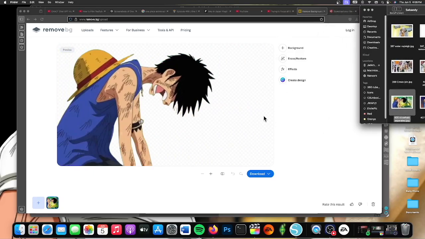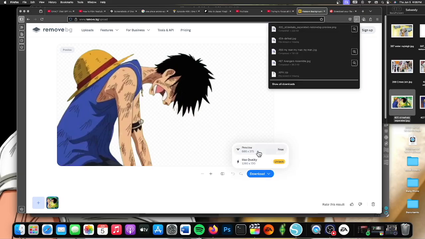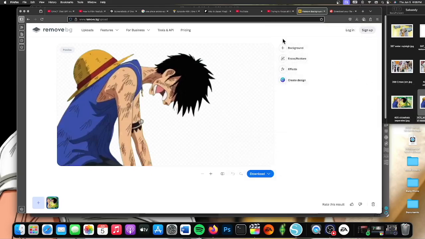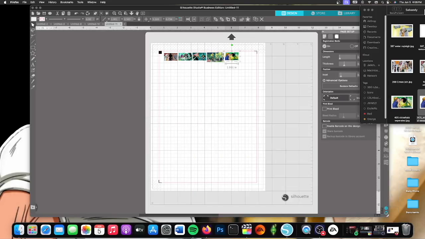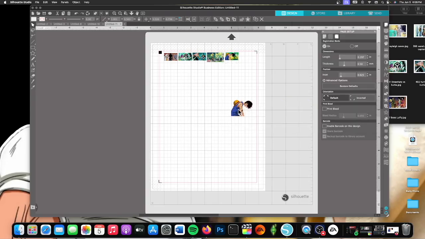So we'll see if this one, see, this one took the background just fine. So once that's done, then I'll come here and just hit download, and I'll do the preview, which is free, and it'll download up here, and it says remove preview ping. So it's the same image. And I'm just going to go down here. And so as you can see, I have it here. But I'm also going to drag and drop this just in case I prefer the